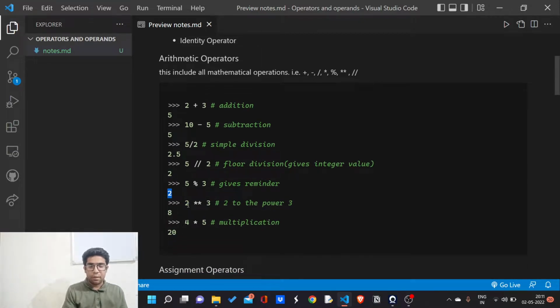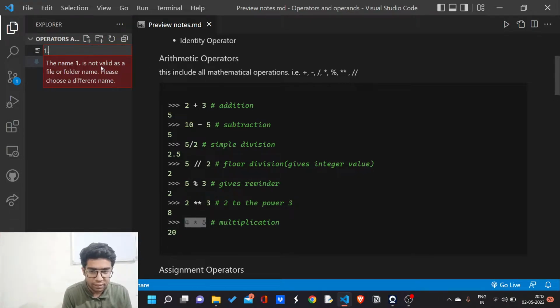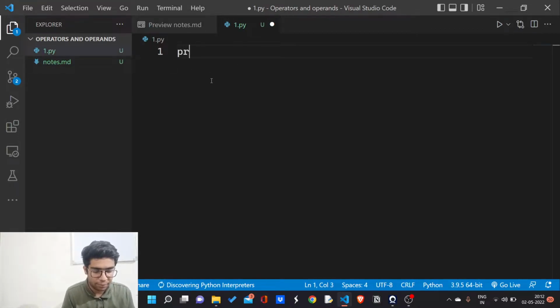We have the power operator. It gives the power. Now 2 power 3 is 8. We also have multiplication. These arithmetic operators are the same as mathematical operations which we have done since our childhood. Now I am going to create a file and show these as an example, like print